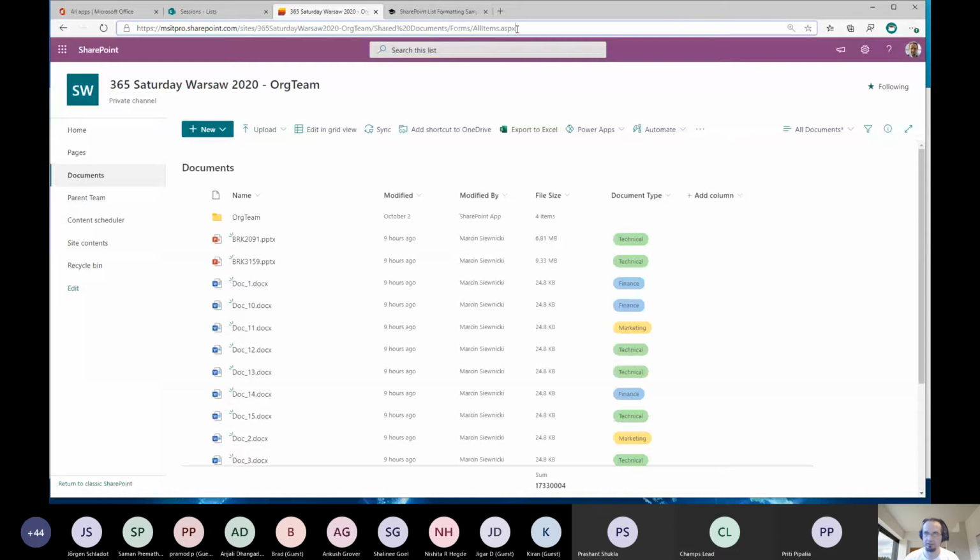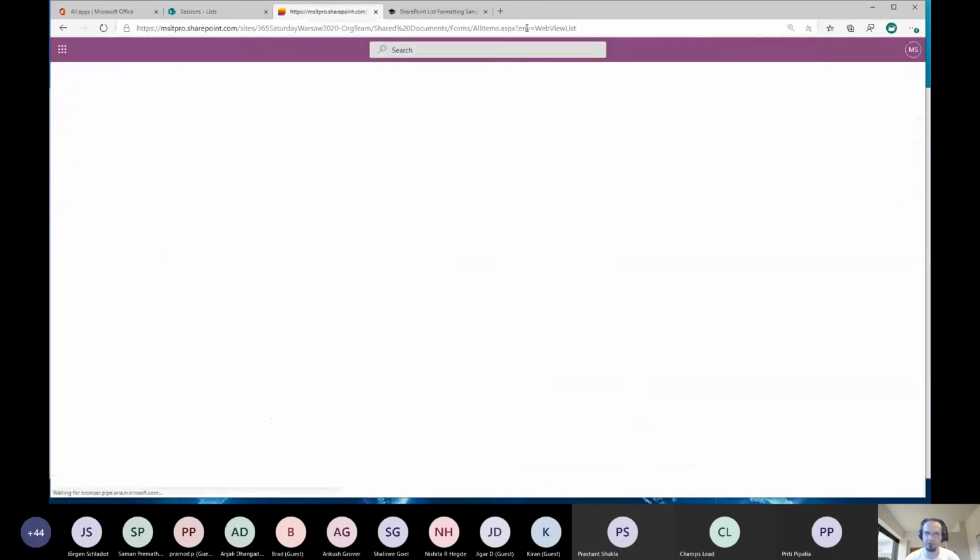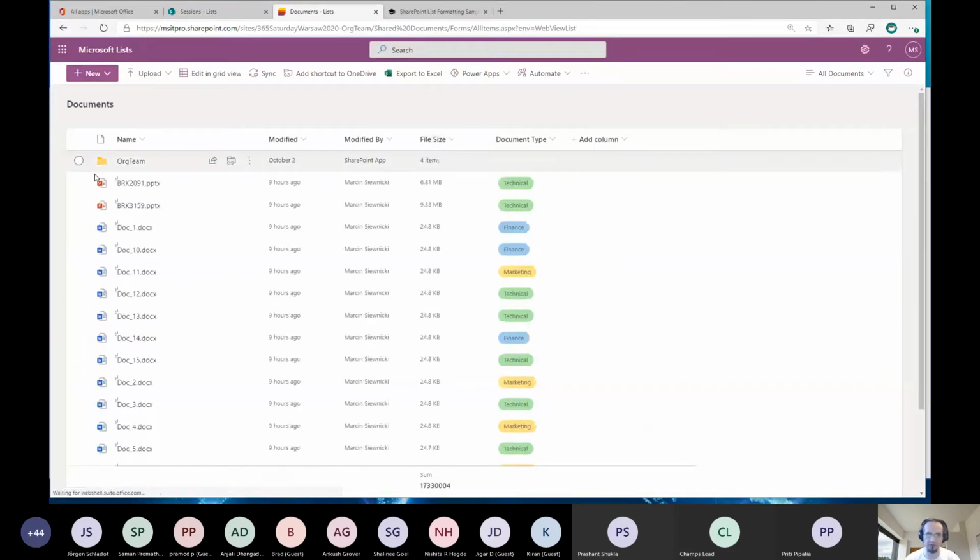But if I add that parameter to my document library, I will get my document library in that fancy new lists style without any left-hand navigation and with cool looking design. So it's kind of maybe not hack, but small workaround for existing SharePoint Online lists and document libraries to make it look better and to remove your left-hand navigation if it's an issue.